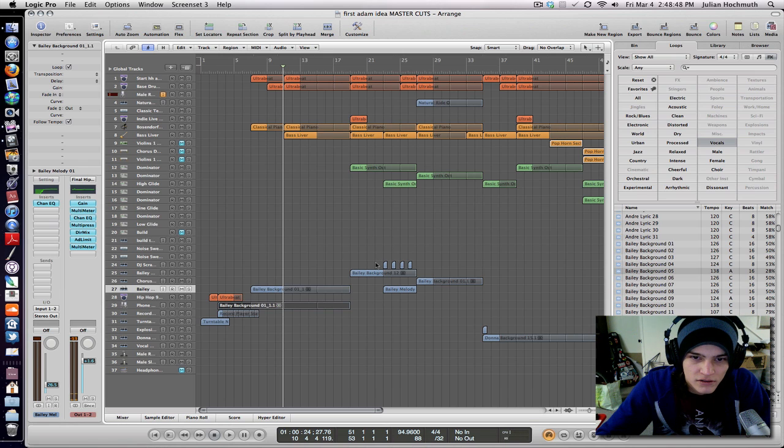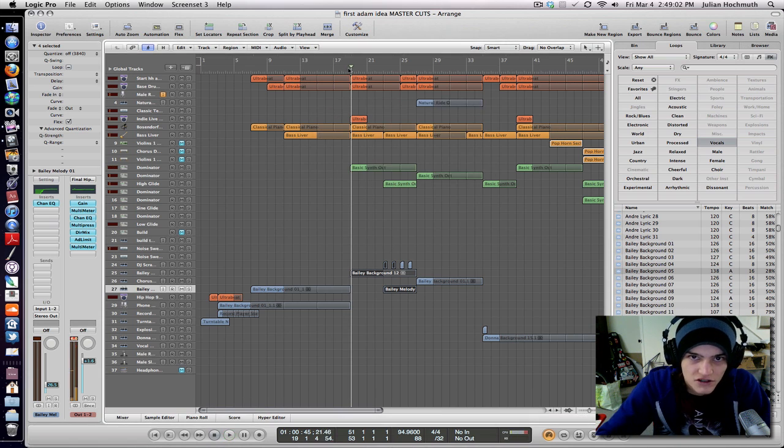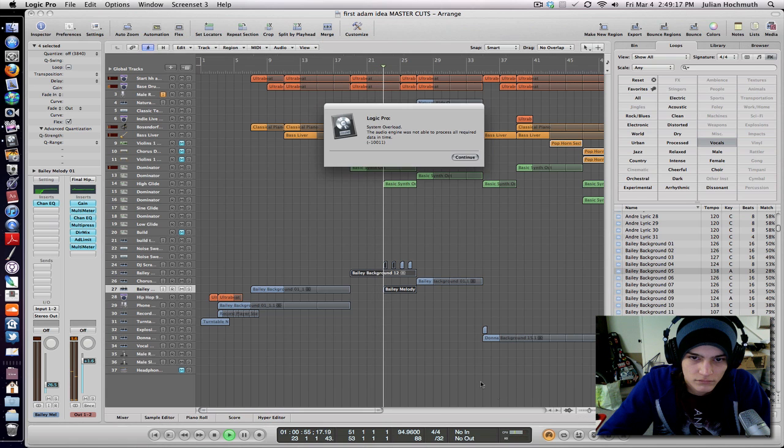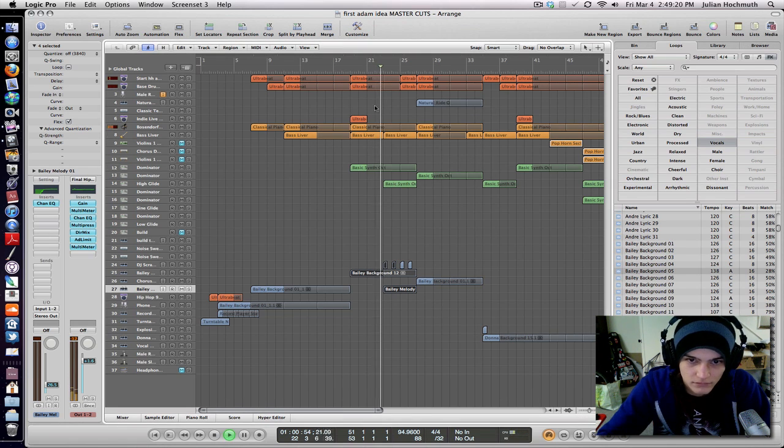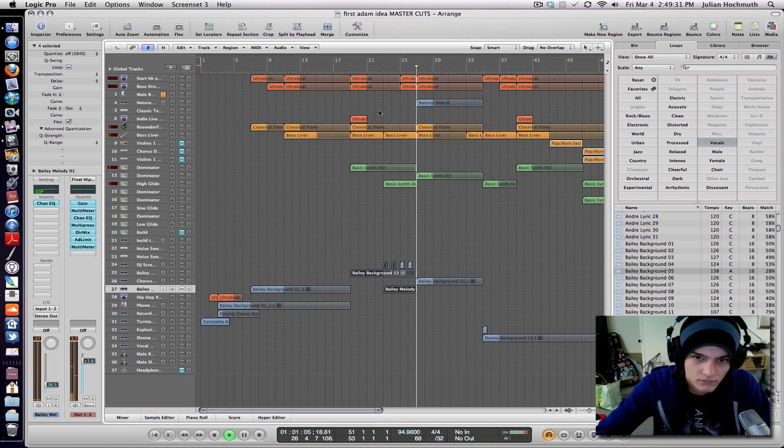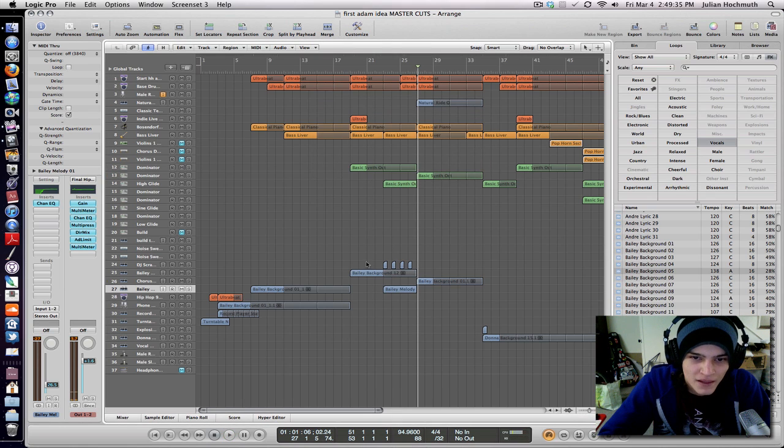And then in the hook, which is here, I have a different one, which I'll show you in a second. And I have a couple different things going on there. So let me start playing it from that section. If Logic will work. Alright, so it stopped at the right time, but this is the original Bailey background, I believe,